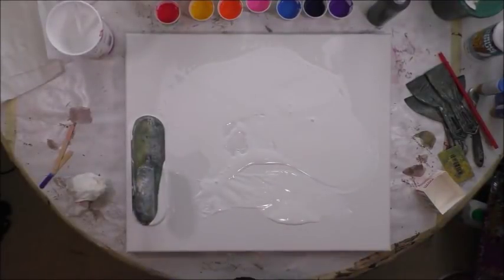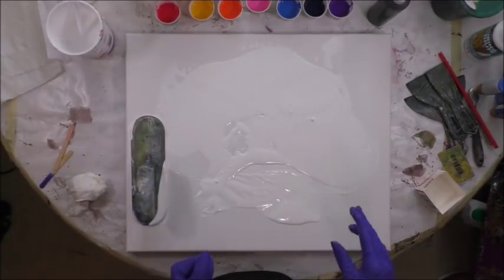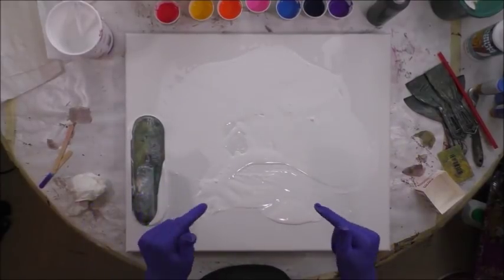Hey there. I am going to do day 11 of the 30-day art challenge, and I'm supposed to use my non-dominant hand for this project. I am right-handed, so I am going to try to use my left hand for the whole project. This will be challenging. I may just use my right hand until I get to the part where I do